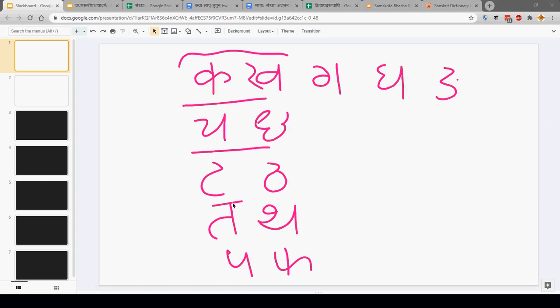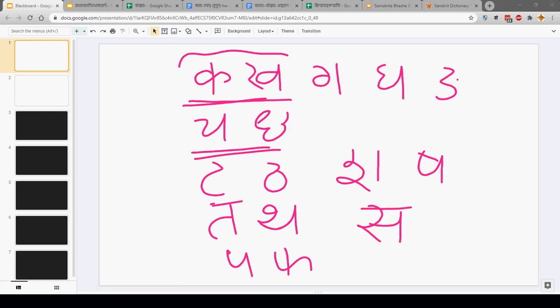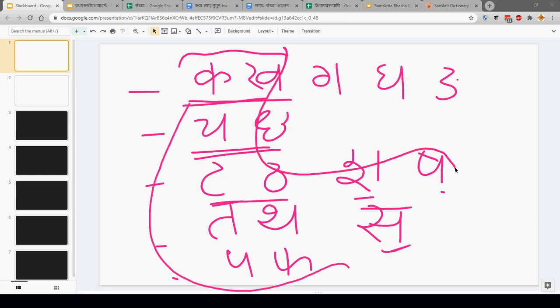So from these first two columns, and in the last 8, sha, sha, sa, these three. So the first two columns from the first 5 rows, and from the last row, sha, sha, sa. How many are there? 1, 2, 3, 4, 5, 6, 7, 8, 9, 10, 11, 12, 13. Any of these 13